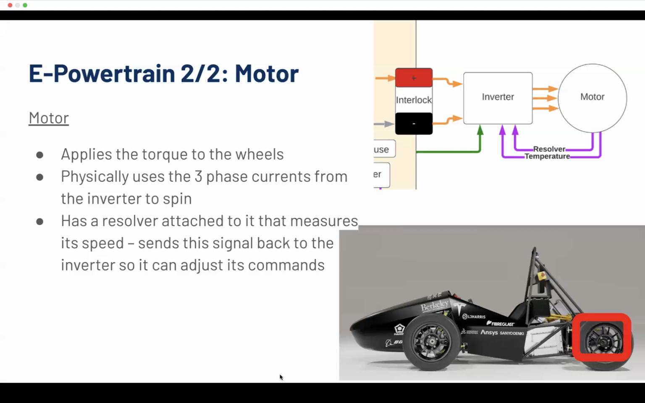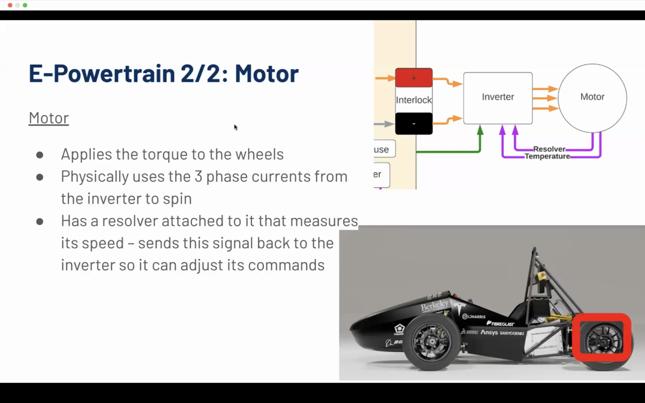All right then, something in chat. Does the resolver also give ground speed? No, so that's a good question. The resolver is inside of the motor casing, so it can only give you the speed at which the motor is rotating. Your ground speed will be different than the speed that the motor is rotating at. One, because we have a 1 to 3 gear ratio,